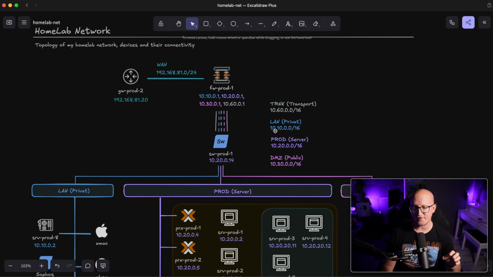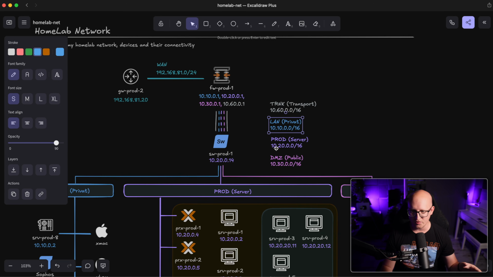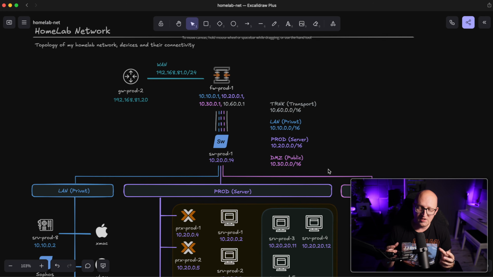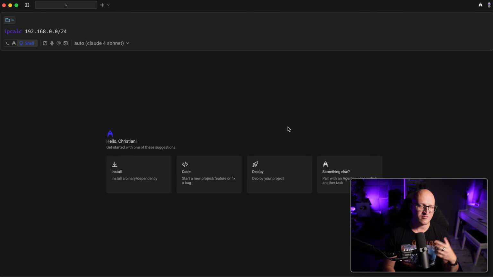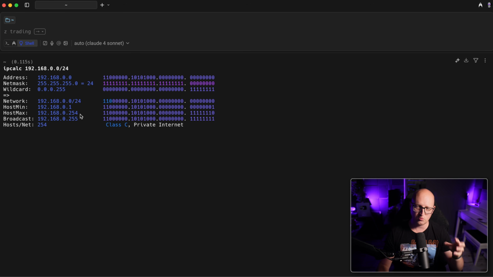And then the other networks like 10.10.0.0/16 and 10.20.0.0/16 are also IP networks in the private IP range, but they look a bit different and they have a different subnet mask, this /16. So what does that actually mean? Well, I don't want to make a complicated video about subnetting, but just to show you how that generally works, the /24 is the CIDR notation of the